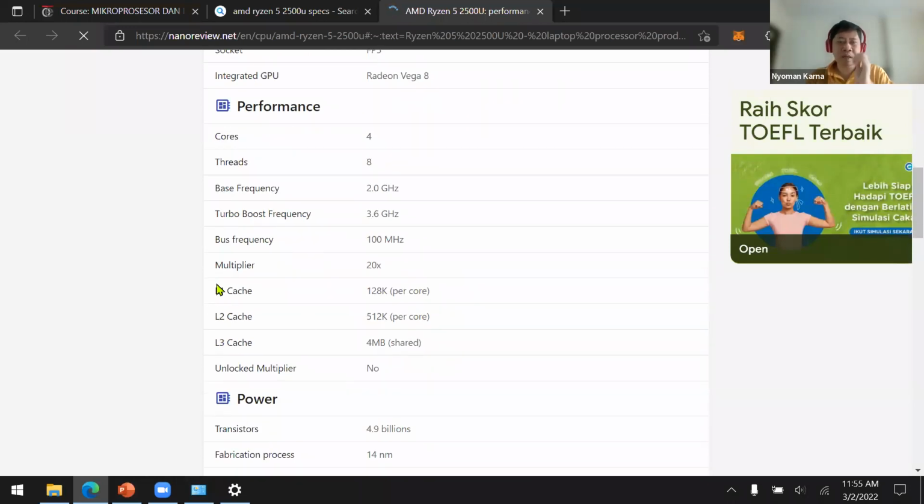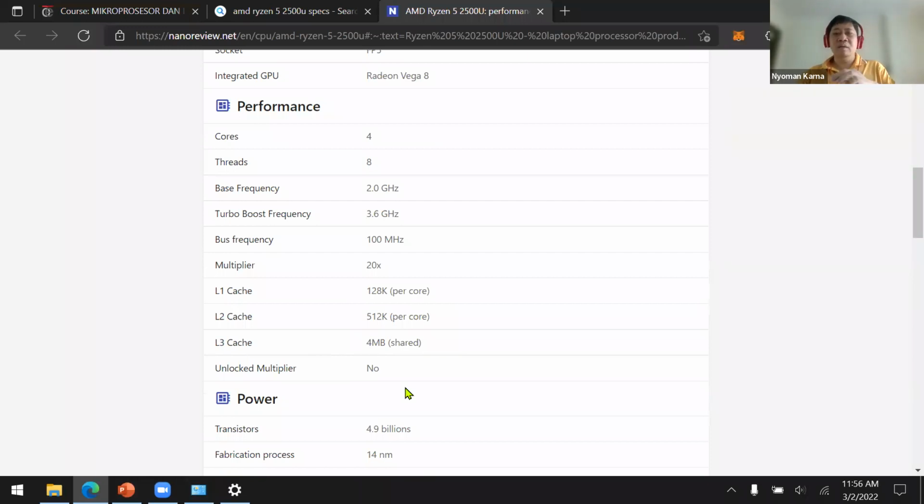So we have 3 levels of cache. Level 1 cache is 128 kilobytes per core, and then the level 2 cache is 512 kilobytes, and level 3 cache is 4 megabytes, but it's shared.